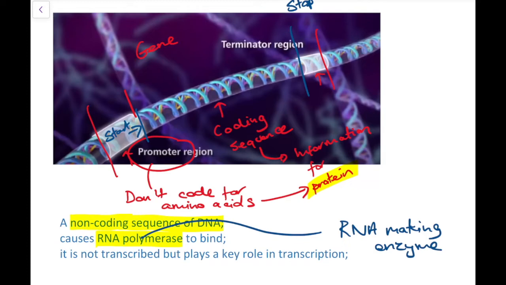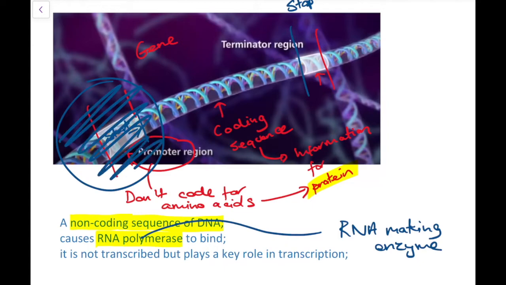And so this signal allows it to come and bind at the start so that it can then run along and it can create the RNA, which we call mRNA, because it's going to make messenger RNA,